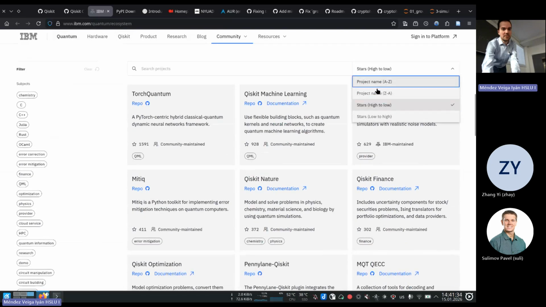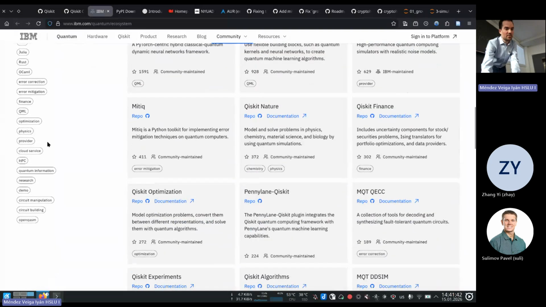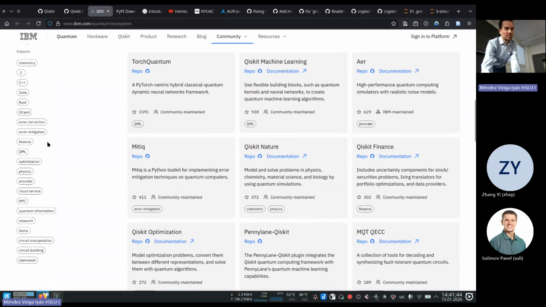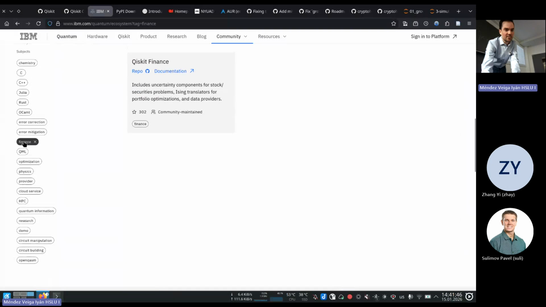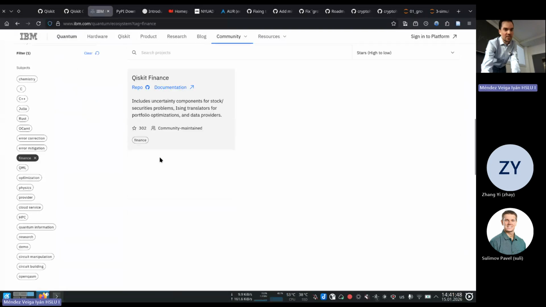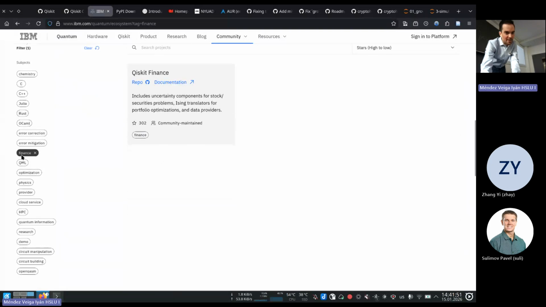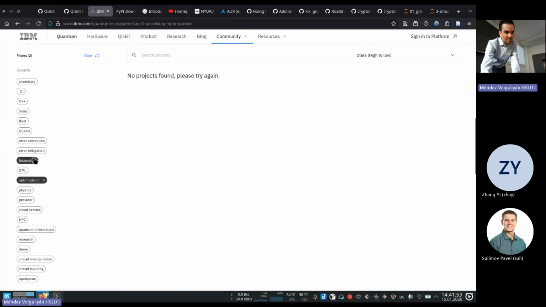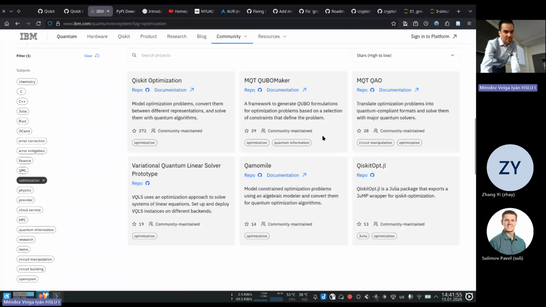You can sort by popularity based on the stars in GitHub, and you can filter also by the language, C++, Rust, whatever, or the topic. So for example, if you are interested in finance, there's only one at the moment. If you're interested in optimization, then there are these. And some of them are not even in the Qiskit community organization.